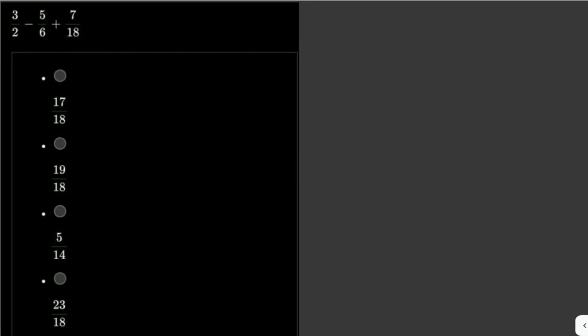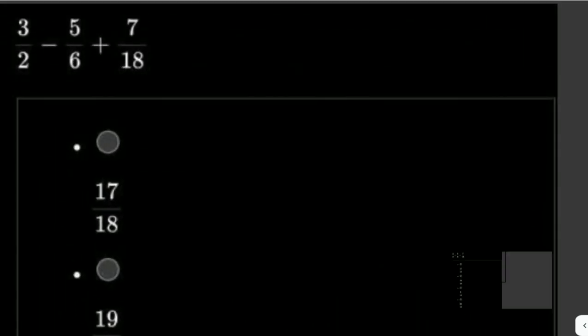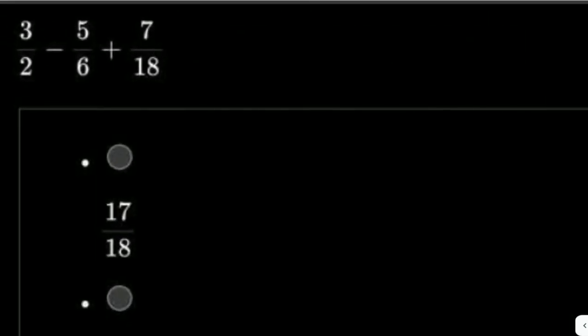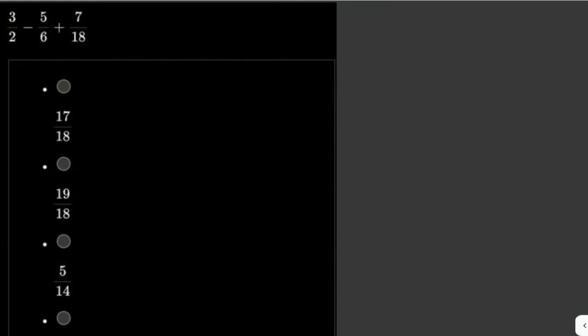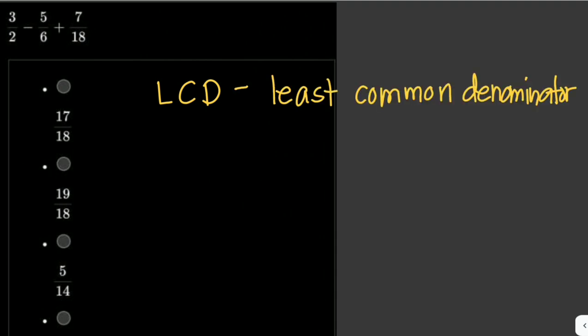Some problems here. 3/2 minus 5/6 plus 7/18. So how are we going to solve this? We need to get the LCD first. Okay, so LCD stands for the least common denominator, the smallest number that can divide